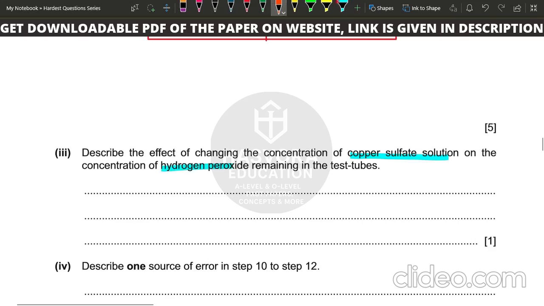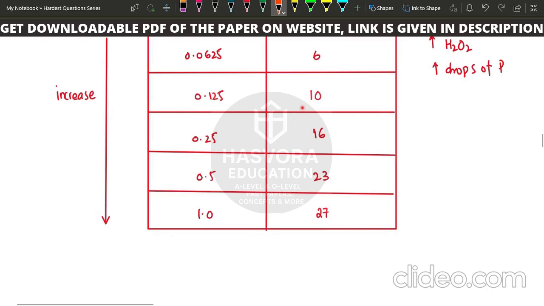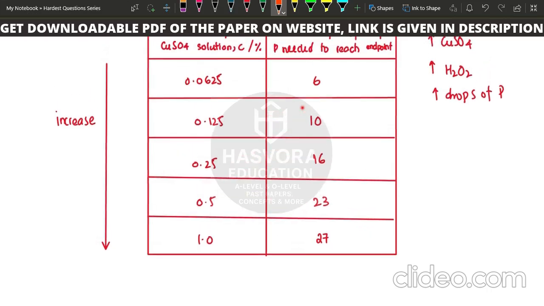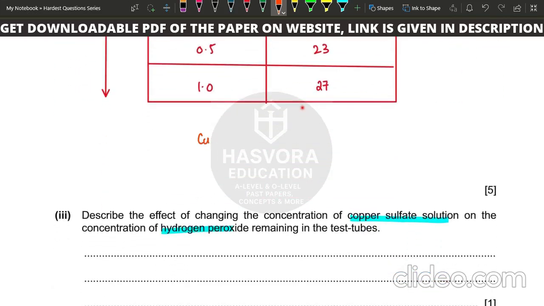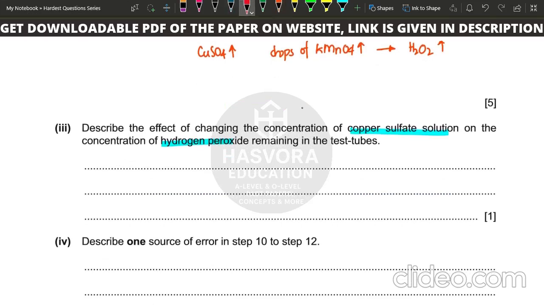So how are we going to describe this? You can see in the table that as the concentration of the copper sulfate solution is increasing, the drops of KMnO4 are increasing. It means that the hydrogen peroxide concentration is also increasing. So what I will write is that